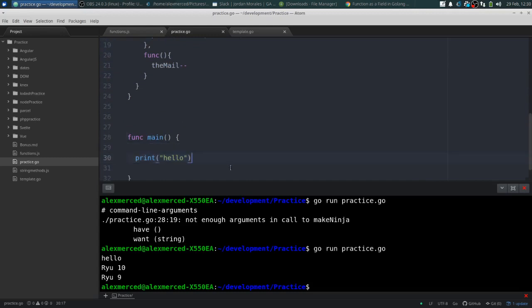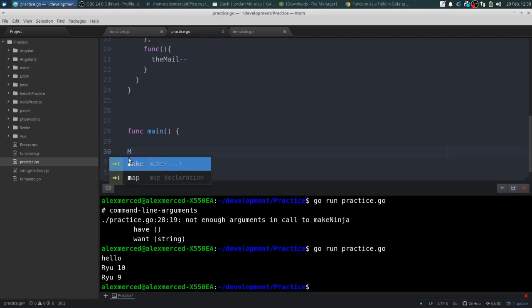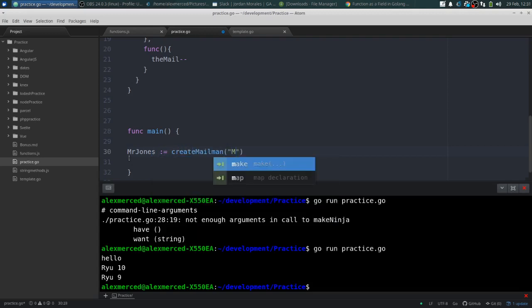Cool. So now let's actually test it out. So let's create a new mailman. So we'll say Mr. Jones equals the results of create mailman. We have to give him a name, so Mr. Jones, and he's gonna start off with 500 letters. Okay,